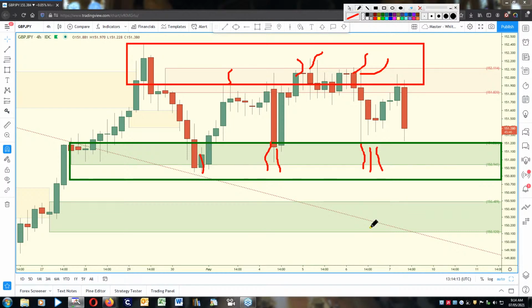What do you think is happening when the institutions are offloading a position? What do you think is going to eventually happen? This is going to break through and drop. And then what happens to retail traders? They buy here, they sell up here. They buy low, they sell high. They buy low again. Oops, now it's breaking through. Now what? Now you add to your long position